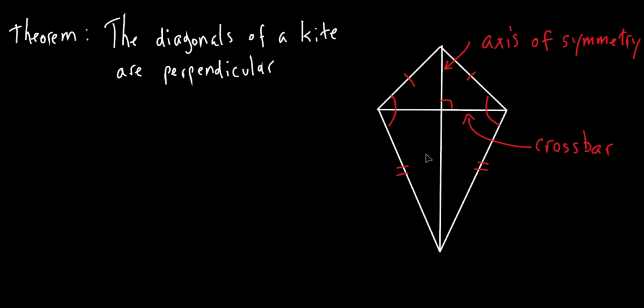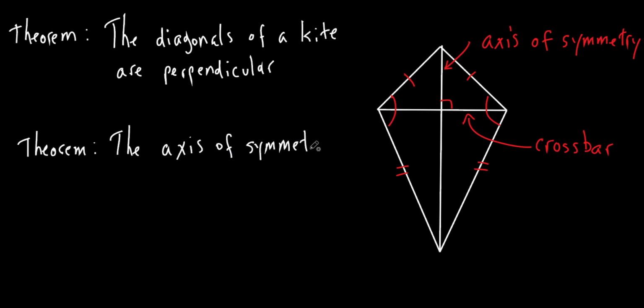Now, I guess in this case with this theorem, it kind of does matter, to tell you the truth, on this particular theorem, because they're going to say one thing is bisecting another. So really, the theorem says this. So with all that said about not being important, for this theorem, I think it is. It says the axis of symmetry, which is this up and down one, in this case right here. So the axis of symmetry,